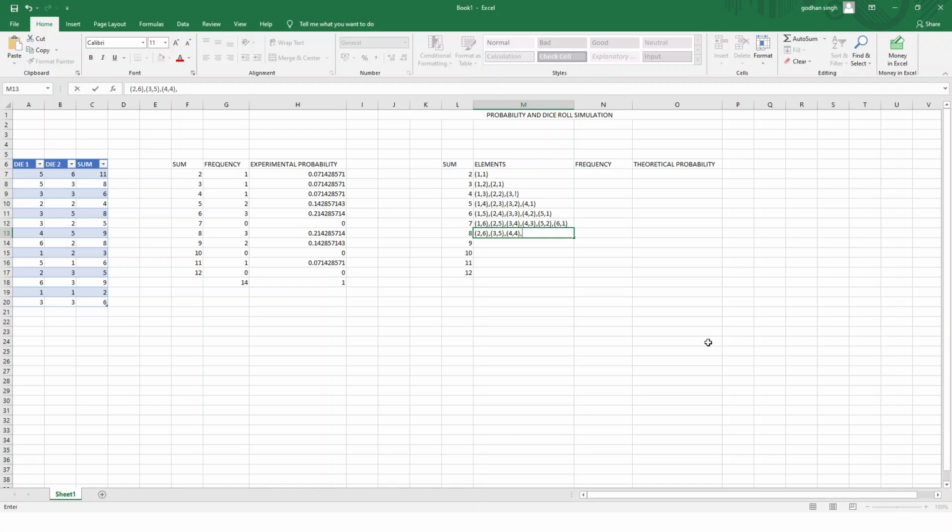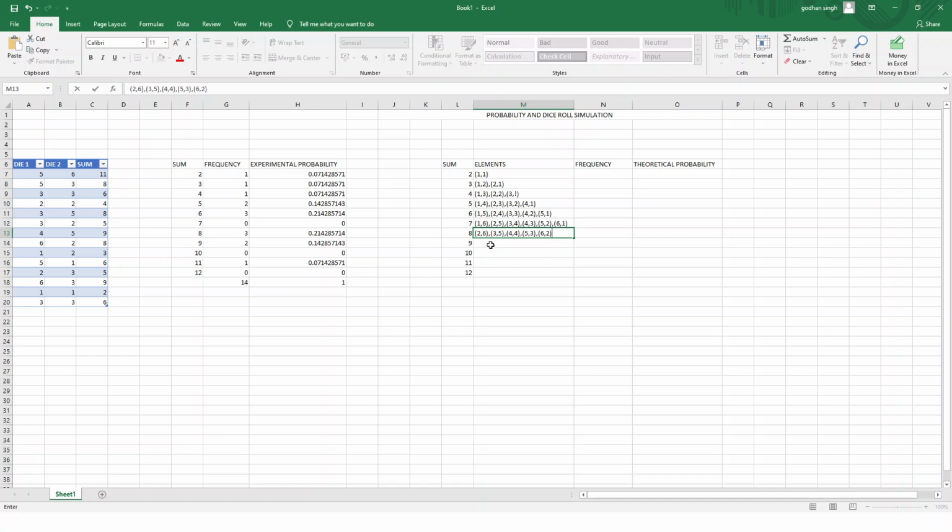Then next we'll write (5, 3). Then the next entry will be (6, 2). And beyond that we cannot go, because if we write (7, 1), we know that on a dice 7 is not possible.